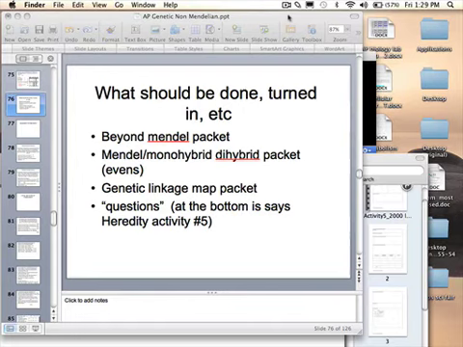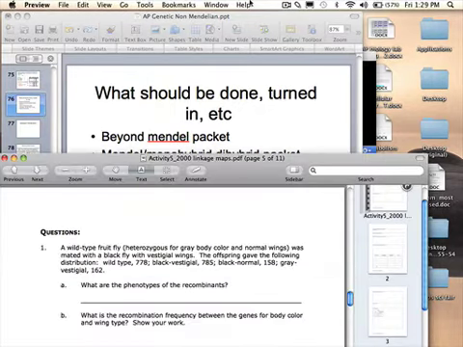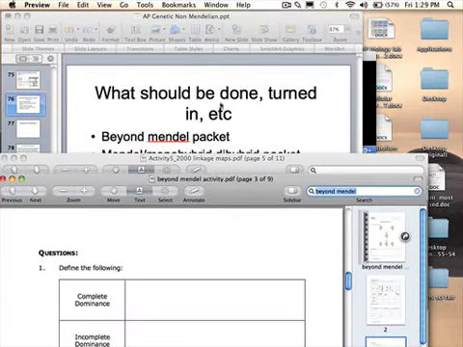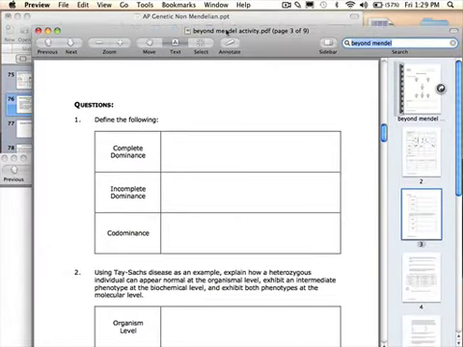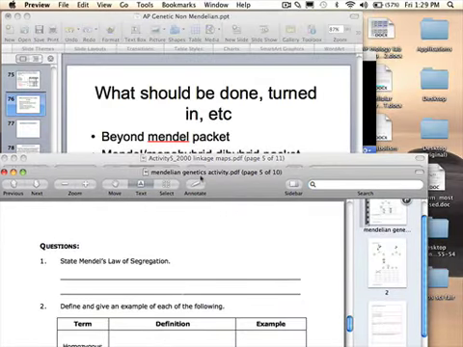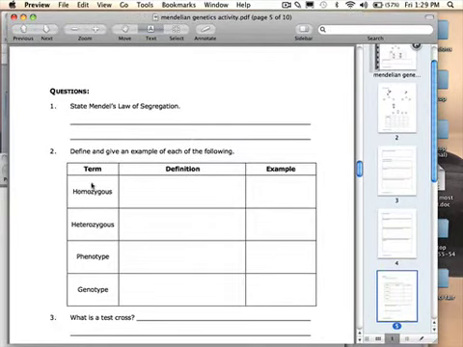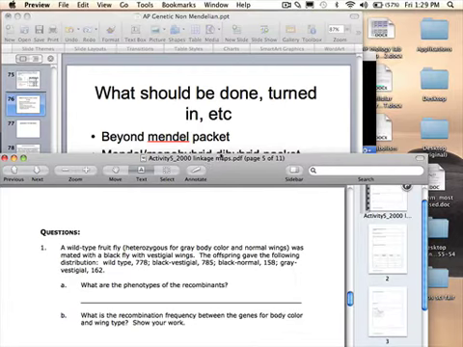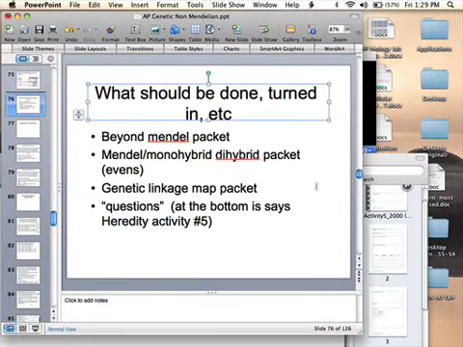Day number 2. Just so that you know, what you need to turn in is the Beyond Mendel packet, which most of you already did, and the Mendel monohybrid and dihybrid, which again most of you already turned in. I will do a quick showing of what it is. Beyond Mendel has complete dominance, incomplete dominance, and codominance. The Mendel activity was the one that had homozygous, heterozygous, phenotype, and also the dihybrids. And then lastly, the genetic linkage map packet,